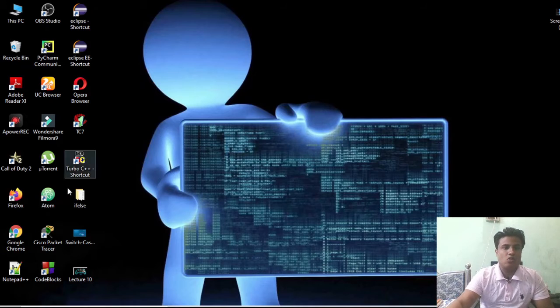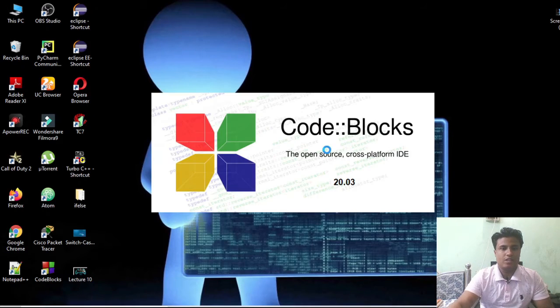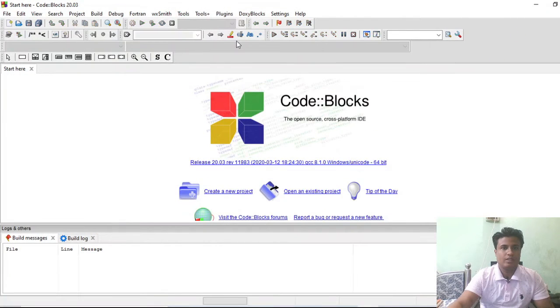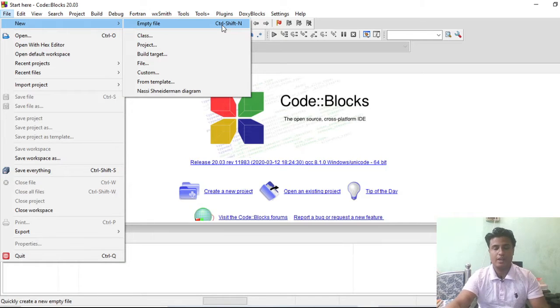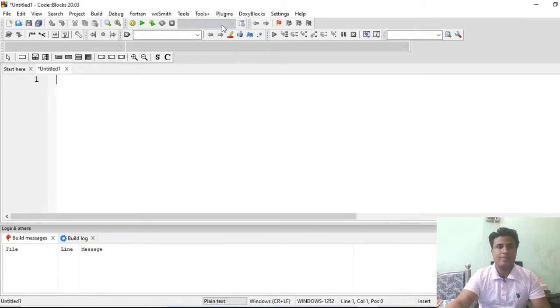So let me open my Code::Blocks. It's taking so much time. Yeah, it's now open. Let me create a new file with Ctrl Shift N, and remember this shortcut, I might be using it most often. So we have created an empty file.